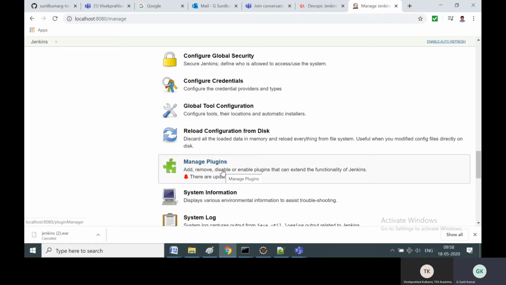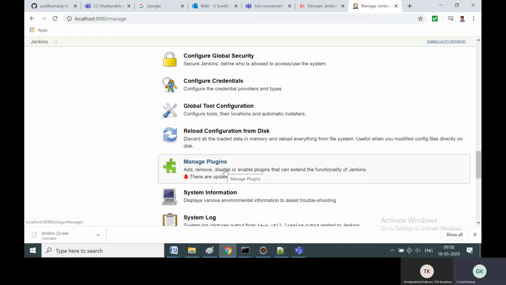Just thoroughly understand what project you are going to design. If it's going to be a Maven Allure project and your code is in GitHub, it's going to be the GitHub plugin, Maven plugin, and Allure plugin, along with the Pipeline plugin. So 4 plugins. These are the 4 common plugins. Additionally, if it's Cucumber, you have to install the Cucumber plugin. And if your reporting is Extent Report, it will be the Extent Report plugin.